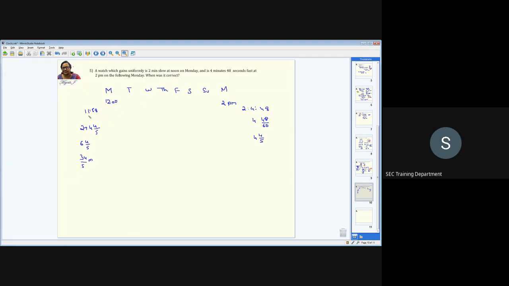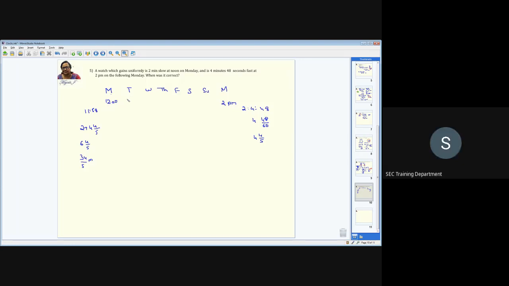So we can say that here it is lagging by 2 minutes. So we just have to see when this lagging becomes leading. Because here it is leading, whereas here it is lagging. So this happens only after this 2 minutes goes away, right? So what you have to see is from this to this, what is the total duration? From 12 o'clock Monday to 12 o'clock Tuesday, what's the total duration? Like today 6 o'clock, tomorrow 6 o'clock evening, what is the total duration? 24 hours, correct.